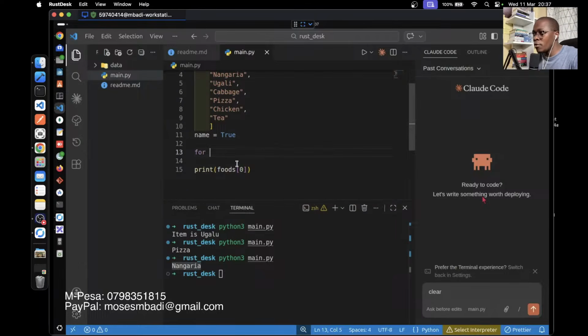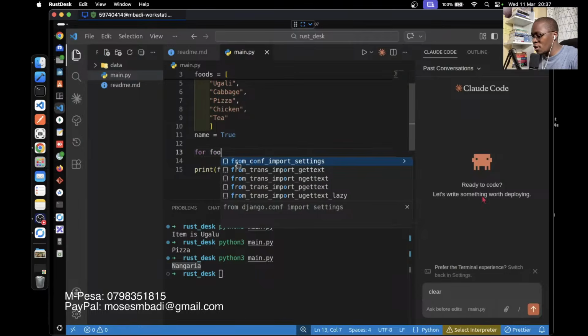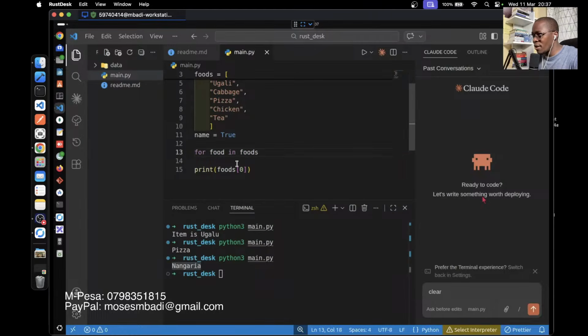So we'll say for food in foods. Remember, can you notice I'm using food now and not item? So I'll say for food in foods, if food at index 0 is Nangaria, then I keep forgetting the colon.